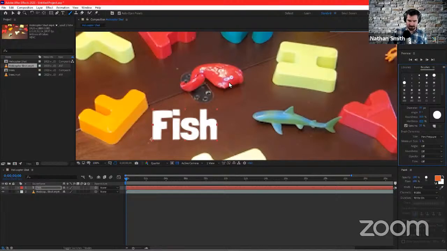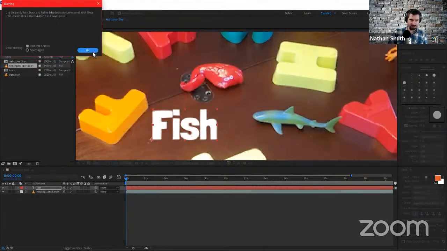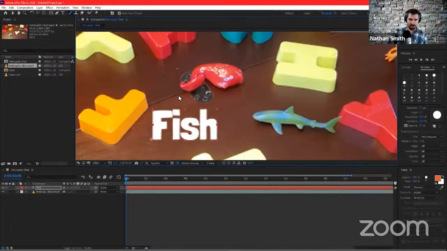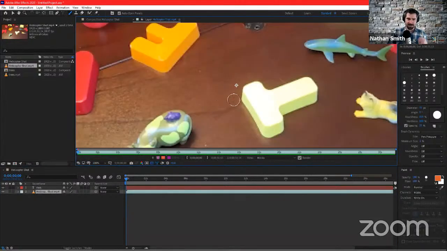And now I'll come in and just, oops. Okay, yeah. All right, so it's giving me a little error message. It's saying I need to do it in a layer panel. So I can't do it on the whole comp itself. I need to go into the layer. To do that, all I need to do is come down here and double click on the name of the layer, helicoptershot.mp4. If I double click on that, it opens up the layer in